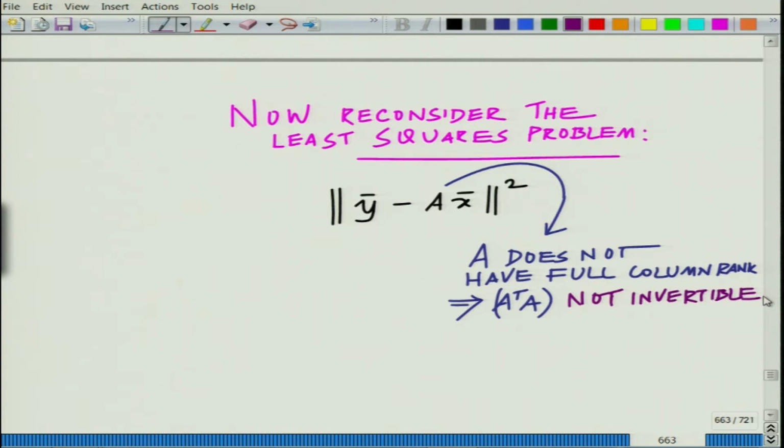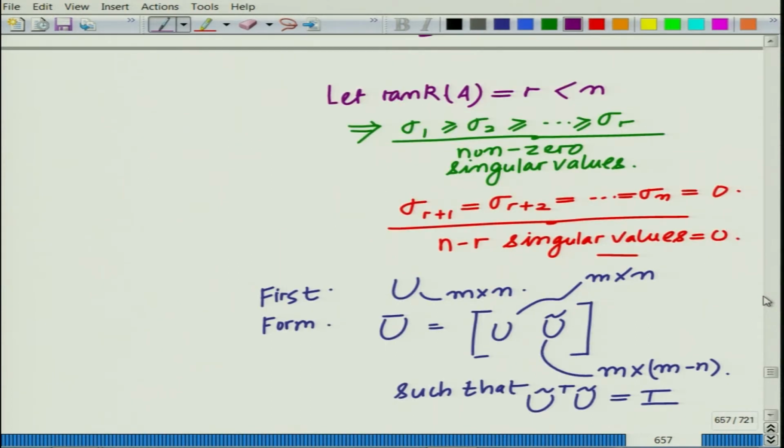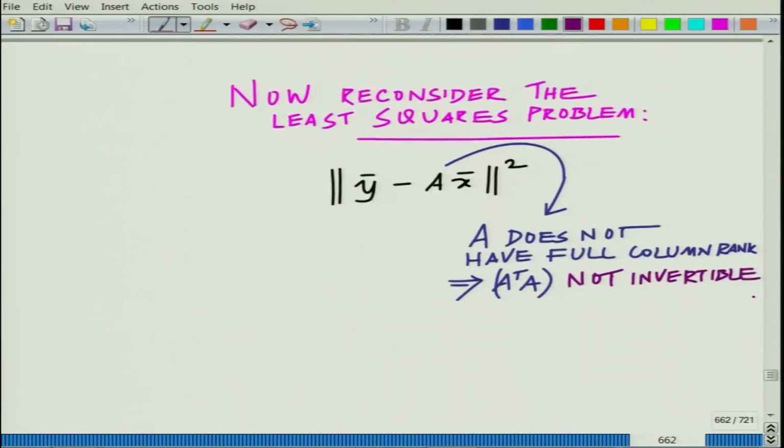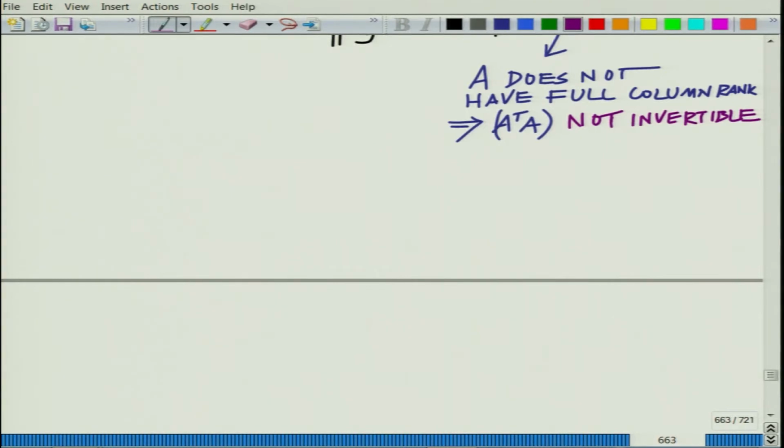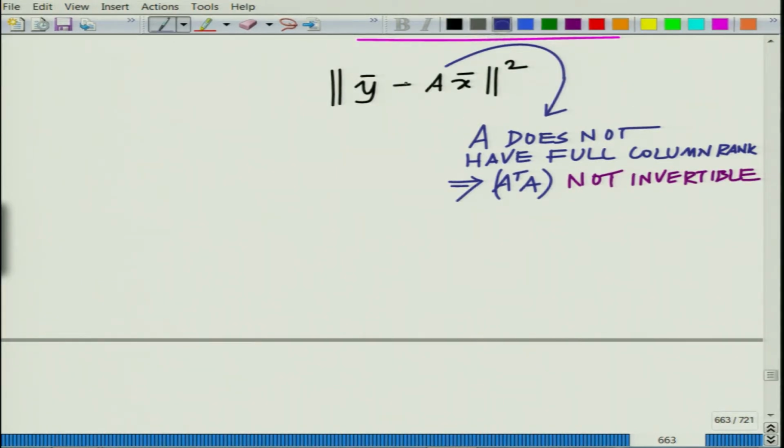In fact, we had seen this, if you look at the singular value decomposition, we have r non-zero singular values and n minus r singular values which are 0. Okay. And therefore, now if you go back and take a look at it, I can simplify this least squares norm y bar minus A x bar square. Interestingly, I can write this as norm U bar transpose times y bar minus A x bar